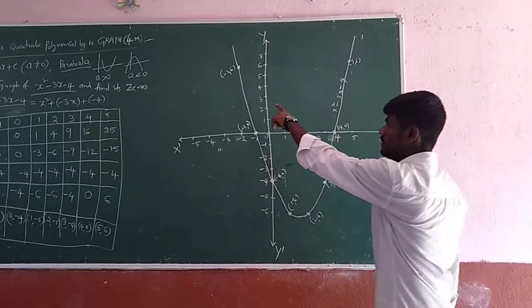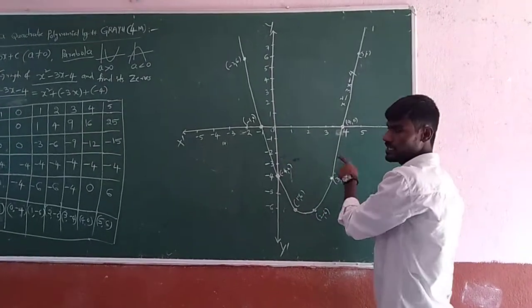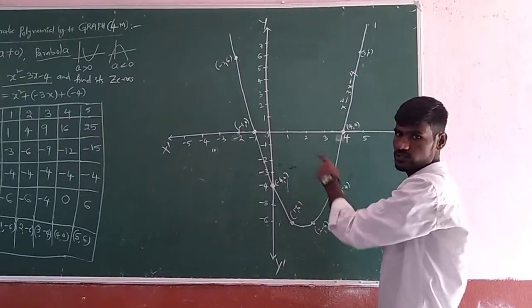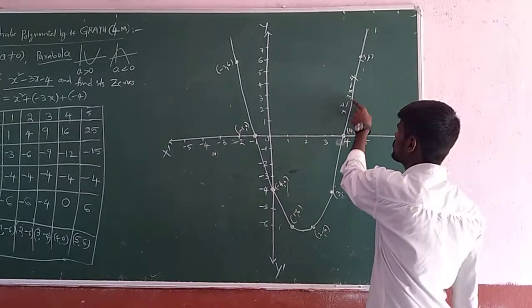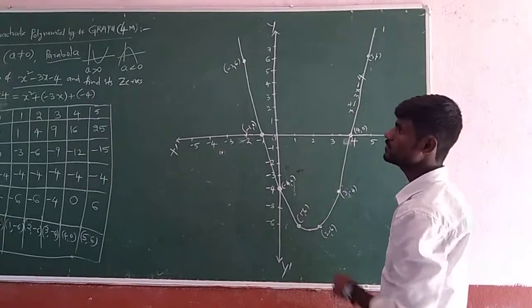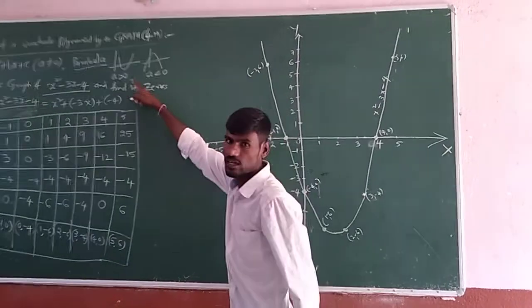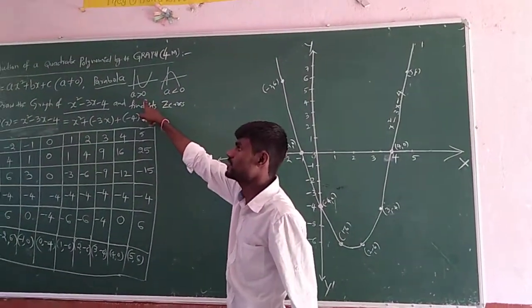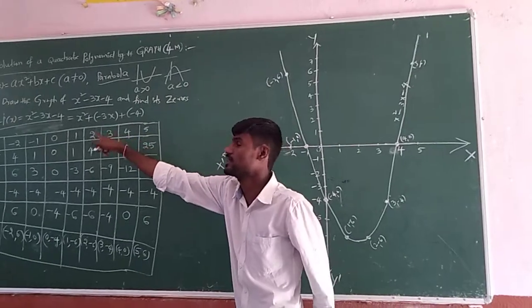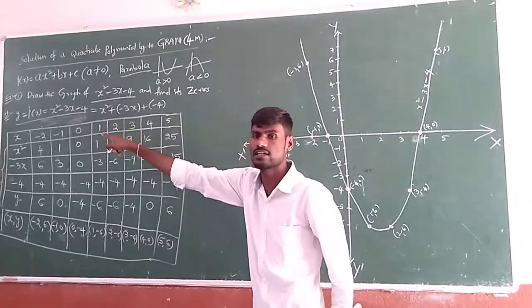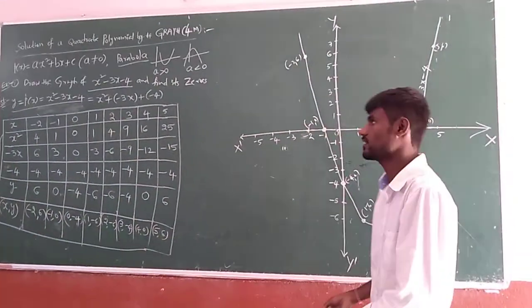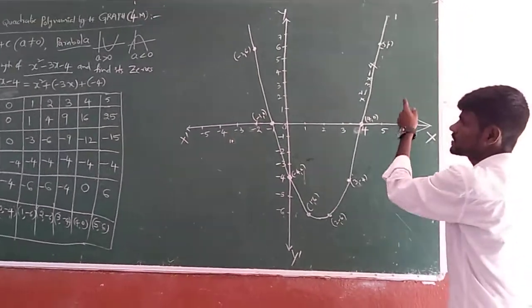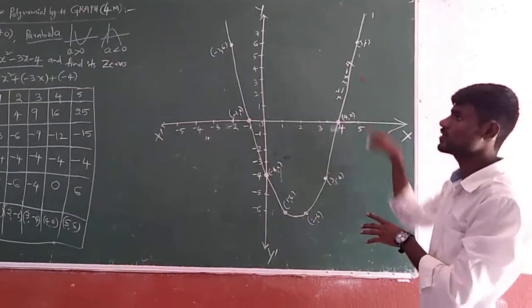Is it a parabola curve in nature or not? Exactly. Curve means you will get a U shape, and this is the name of the curve you have to write. If you observe here, which type of parabola are we getting? Upward. Why are we getting upward? Because a is greater than 0. What is a in the given question? The x² coefficient. What is that? 1. Is 1 greater than 0 or not? Yes, obviously. That's why you are getting this nature. If it is less than 0, you will get a downward parabola.